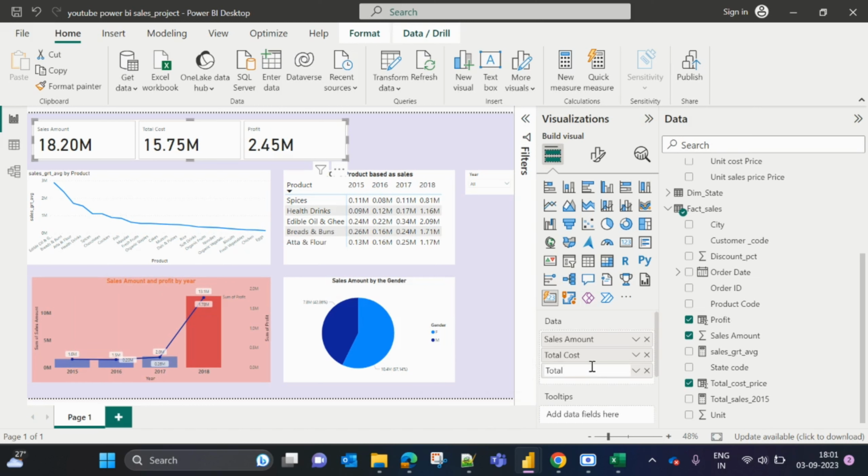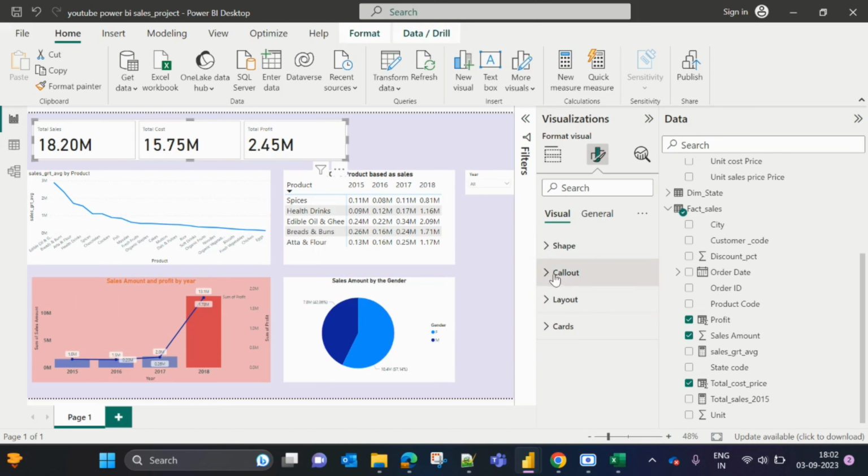Total profit, fine. And let's make this also total sales instead of amount. Total sales, done. Now let's format this a little bit, and for the card I'm going to